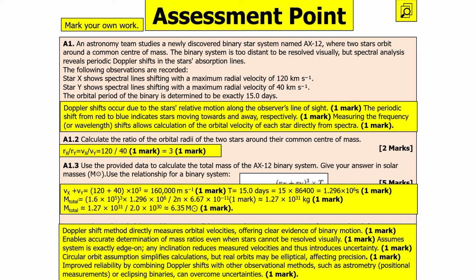Now, the Doppler shift method directly measures orbital velocities, offering clear evidence of binary motion. It enables an accurate determination of mass ratios even when the stars cannot be resolved visually. It assumes the system is exactly edge-on; any inclination reduces measured velocities and thus introduces uncertainties. The circular orbit simplifies calculations, but real orbits could actually be elliptical. Improved reliability by combining Doppler shifts with other observational methods such as astrometry or eclipsing binaries can overcome these